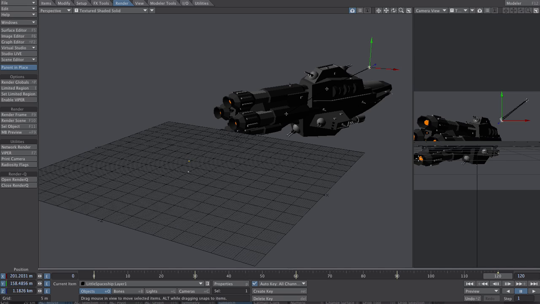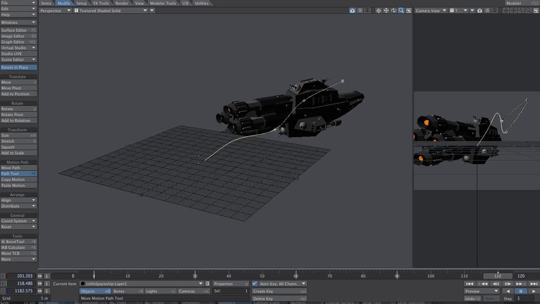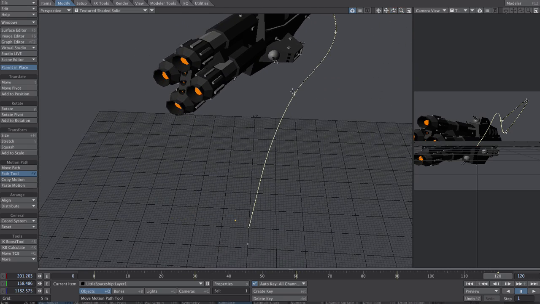So now we've got a basic flight path laid out. We've previewed it. We get to have a good sense of the speed. How can we edit this further? Well, let's take a look at some of the tools designed to do just that. So under the Modify tab, you've got something called the Path tool. And the Path tool allows you to just grab these existing keyframes and bend them and move them. It's really handy for fine-tuning a motion path like this where you're trying to sculpt out the trajectory in a more specific way. Maybe I want the little spaceship to kind of go underneath it first